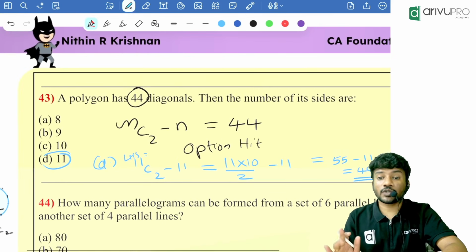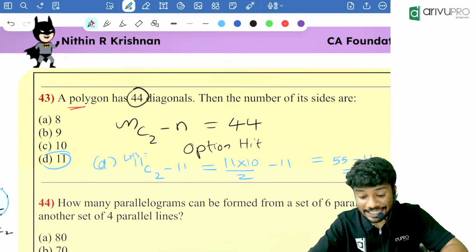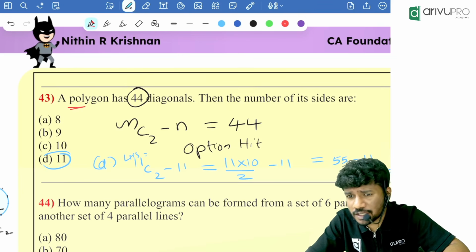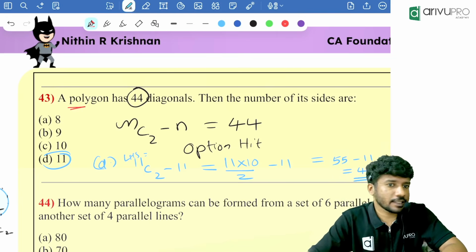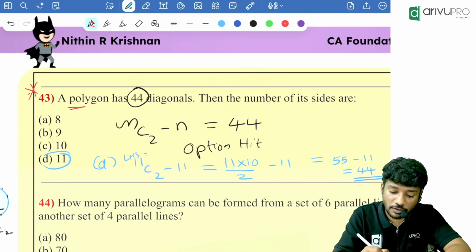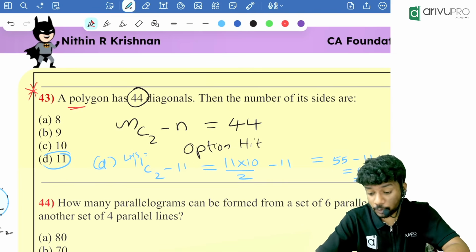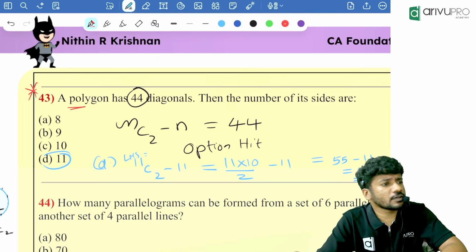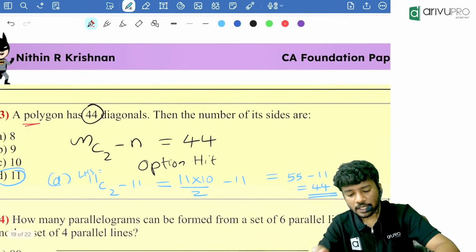So there were many questions based on this stuff. Usually they will give the number of sides and ask for the number of diagonals. This was a different question, that's why I kept it like this. So the usual pattern is that preference can be given to questions based on diagonals. It is there throughout in MDP and RTPs. In recent question papers, it's very rare. You rarely find a question with respect to this. Then, people,